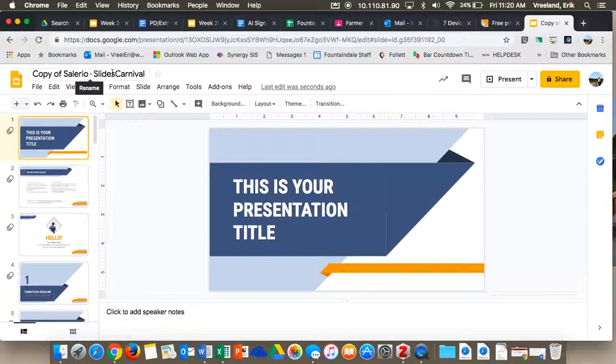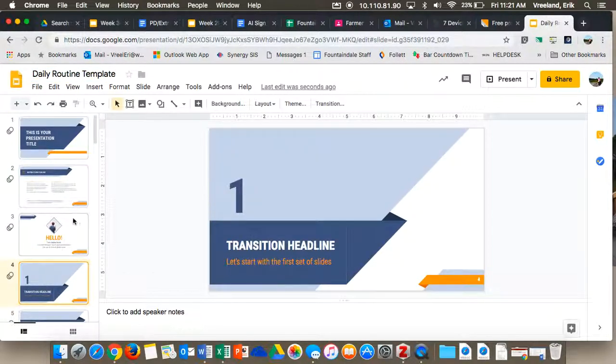So I'm going to change that name. And I'm going to call this Daily Routine Template. That way I can make a template for each time period of the day, and then I can just keep reusing that and make a copy of it each day and fill in each daily specific lesson plan. So I think this is the slide I'm going to use, so I'm actually going to go